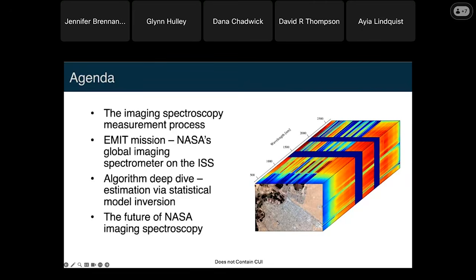Now, most of you know this already, so apologies if it sounds a bit pedantic, but it's worth revisiting just to talk about the richness of this data product and how much information is present in every one of these scenes. It's really remarkable, and especially with the advent of instruments like EMIT and a future global VSWIR mission like SBG,